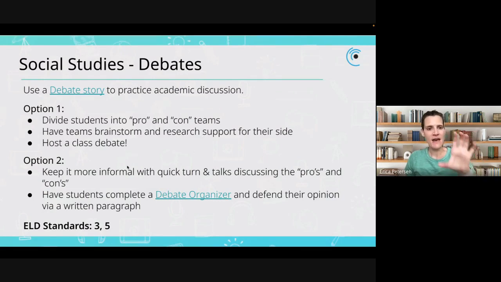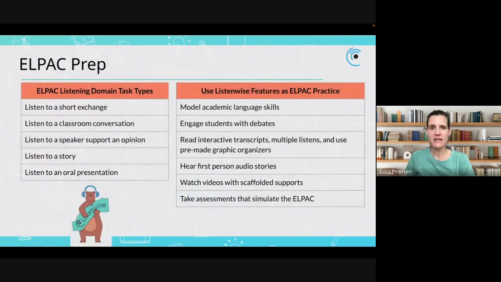And then you can take that and do a little writing practice as well. So I love the idea of you pair the speaking, the writing, the listening all together. Okay. And then ELPAC, want to mention this again. We are great prep for the listening and the reading portion of the ELPAC, as they have to listen or read something and then answer multiple choice questions on the text or the audio.